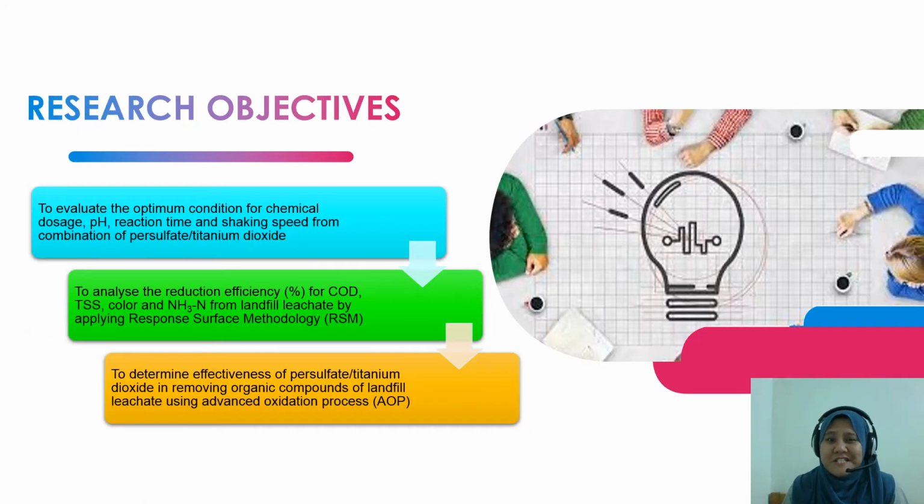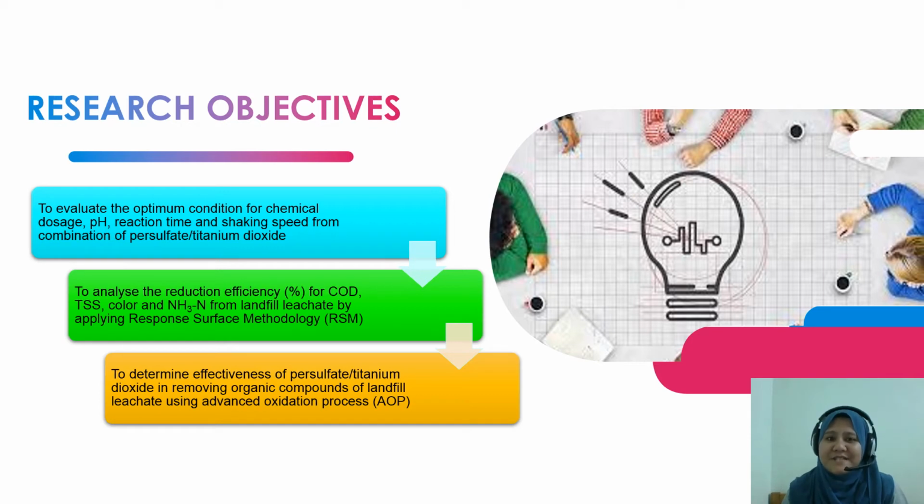Moving on to the research objectives. The first objective is to evaluate the optimum condition for chemical dosage, pH, reaction time and shaking speed from the combination of persulfate and titanium dioxide. Second is to analyze the reduction efficiency for COD, TSS, color and ammoniacal nitrogen from leachate by applying response surface methodology. And third is to determine the effectiveness of persulfate and titanium dioxide in removing organic compounds of leachate